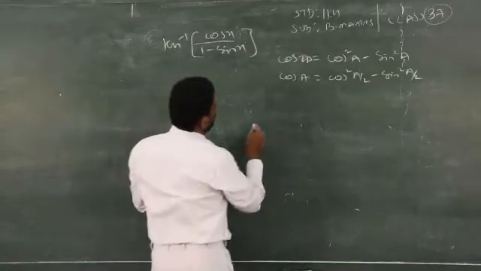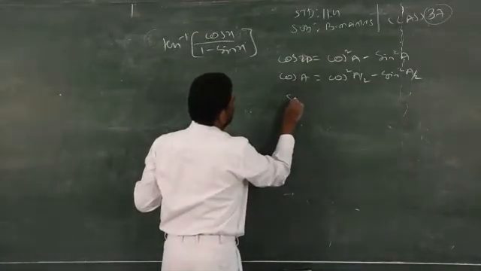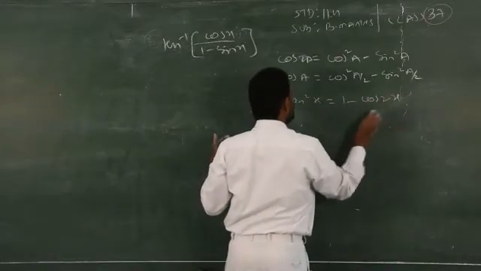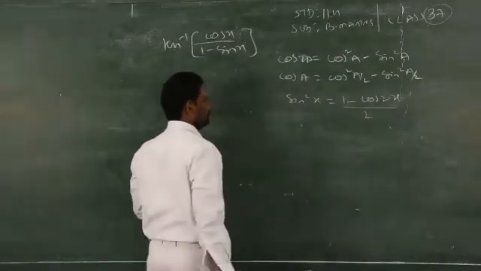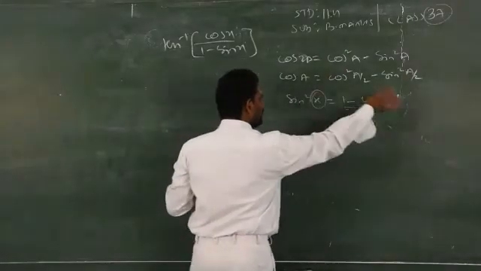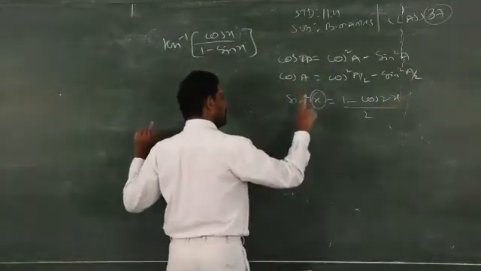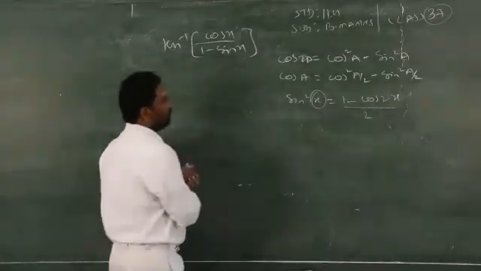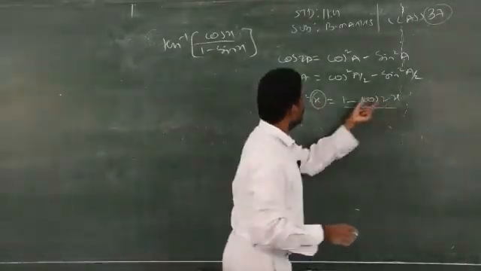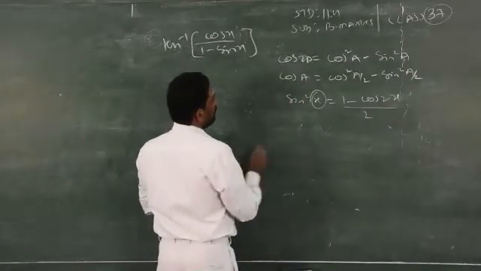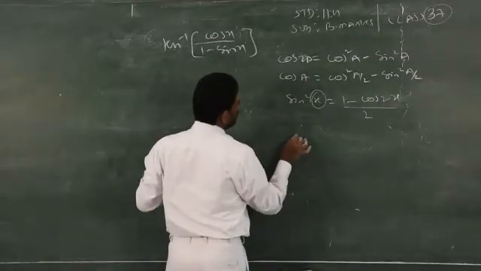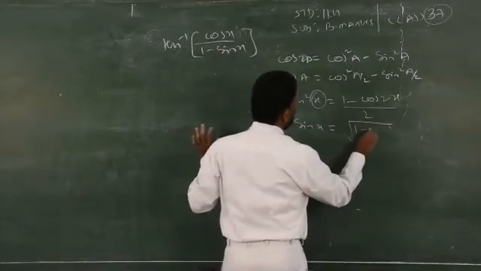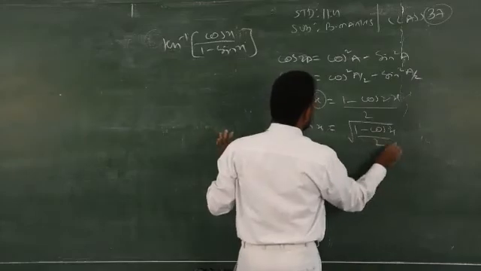Similarly, we have another formula for sin square x, that is 1 minus cos 2x by 2. This is the formula. If it is 1x, double of x would be there. If it is only half, then half of x will come. So now I have only sin x. Sin x is equal to, I can replace this one by 1 minus cos 2x by 2,